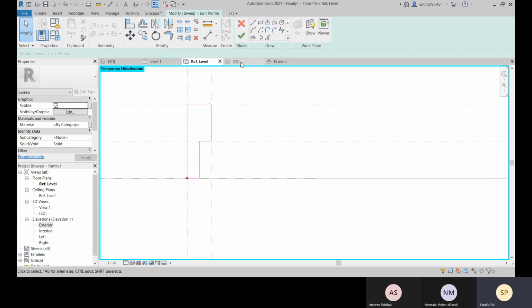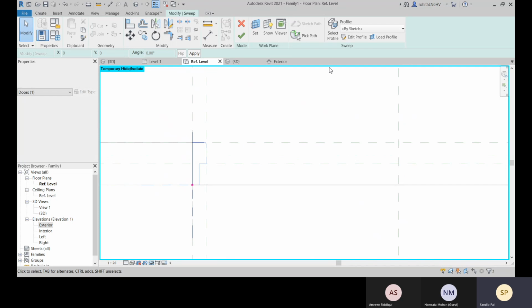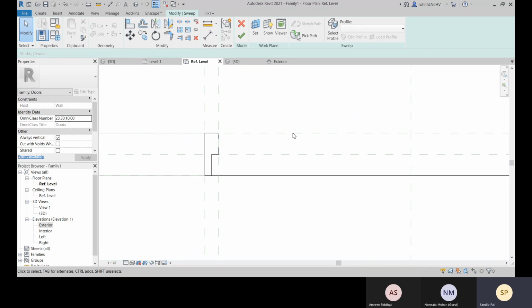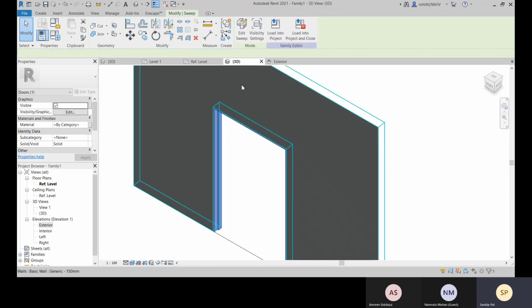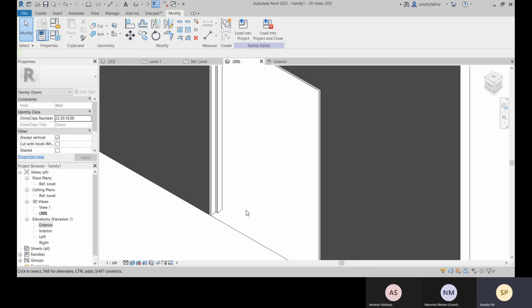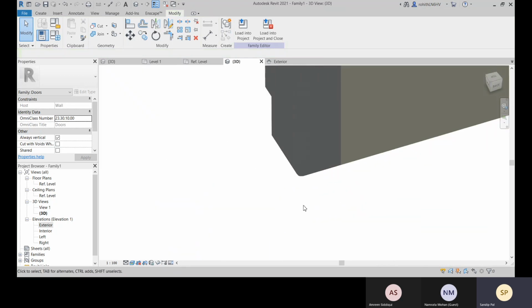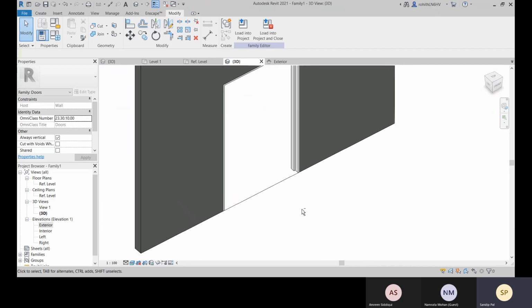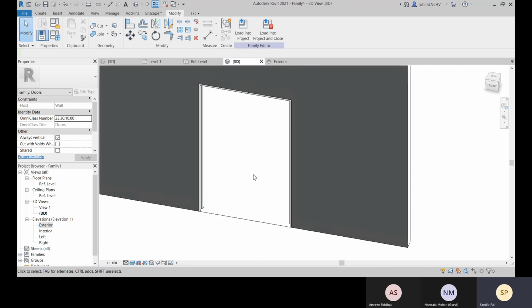Then you finish this. You have finished your profile editing option, and then you complete the task. All right, come to 3D, and there you can see it is perfectly created. We'll assign some properties, some materials later.